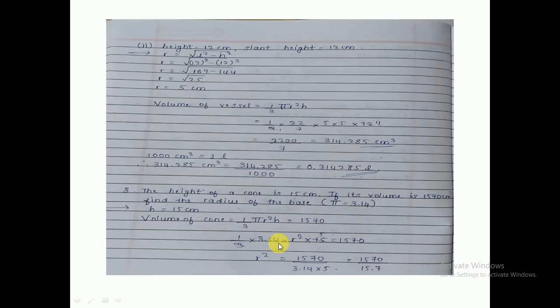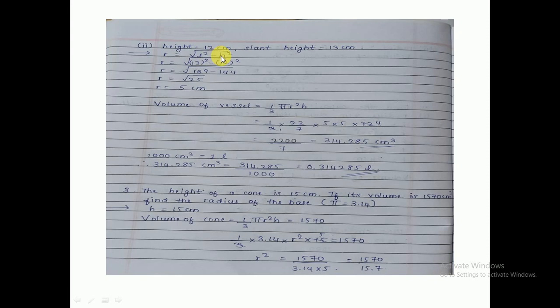So next, in the same way, we have one more question. Here is the second question, only the second part. Height 12 is given, slant height 13. What is the difference between the first and second now? Earlier, radius and slant height were given, so we calculated height. Here height is given, slant height is given, and we have to calculate radius. So same: r is equal to square root of l square minus h square.